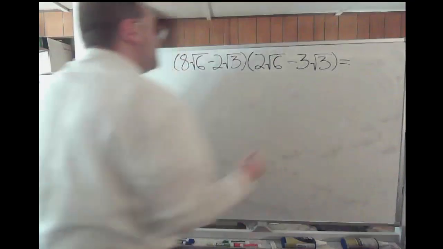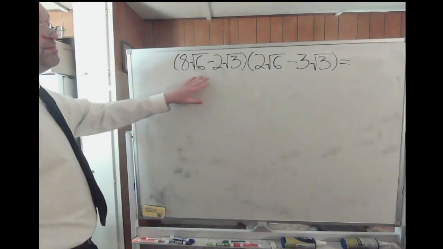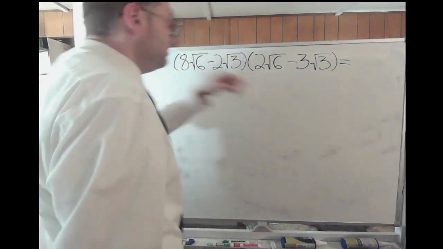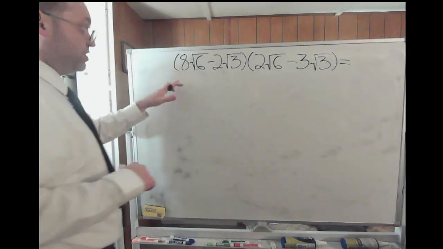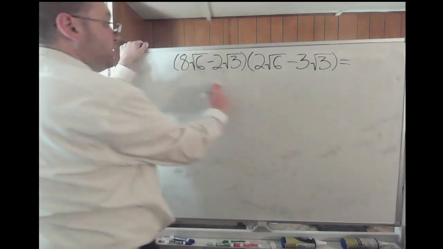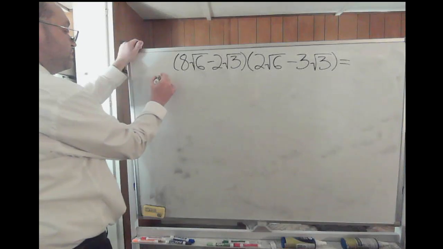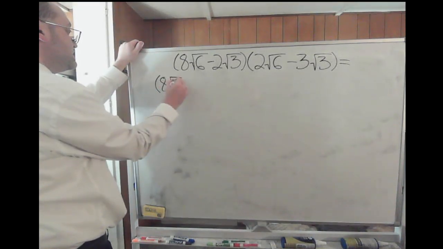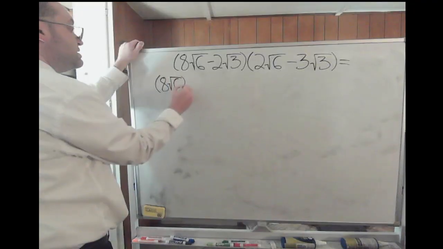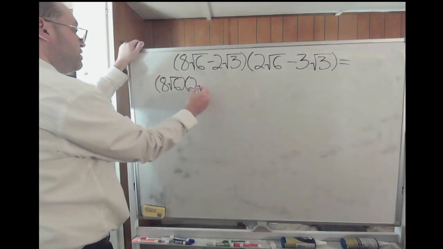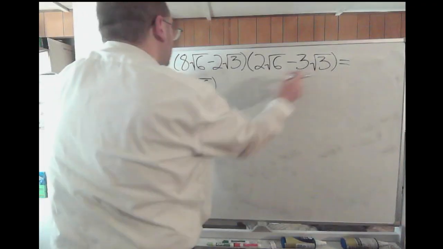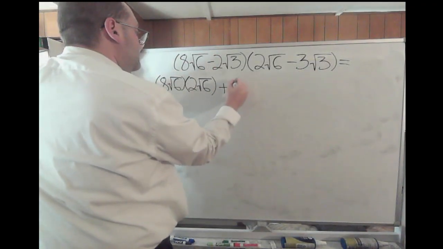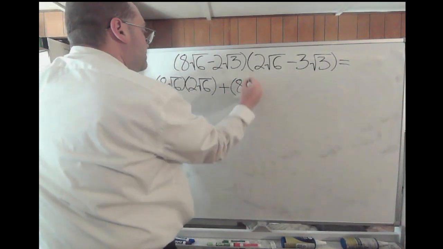Okay, so again, we have two binomials being multiplied. None of them are the same numbers, so we got to use FOIL. So for the first expression here, we'll do 8 times the square root of 6 times 2 times the square root of 6. So 8 times the square root of 6 times 2 times the square root of 6. Now let's see, we do the outer, which would be plus the quantity of 8 times the square root of 6